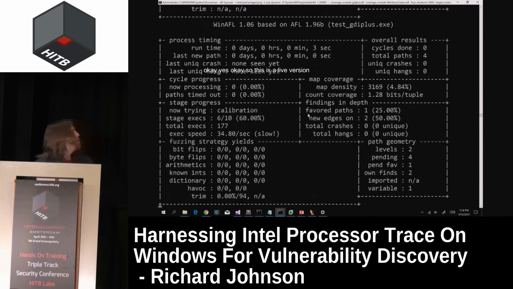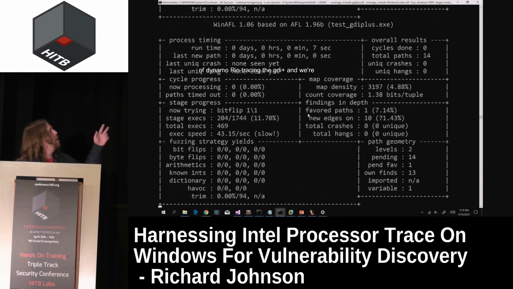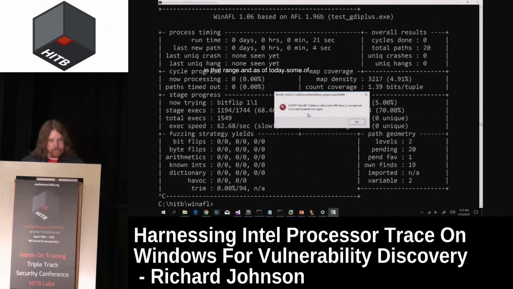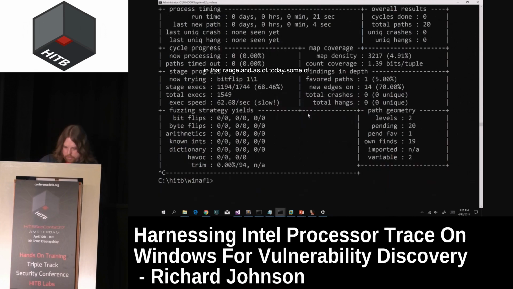Okay, yes. So this is a live version. This is DynamoRIO tracing GDI+. And we're seeing this will climb a little bit over time as the cache gets hot and so on. I think this actually does top out closer to 65 or 70, but as you can see, pretty obviously, the performance is in that range. And as of today,